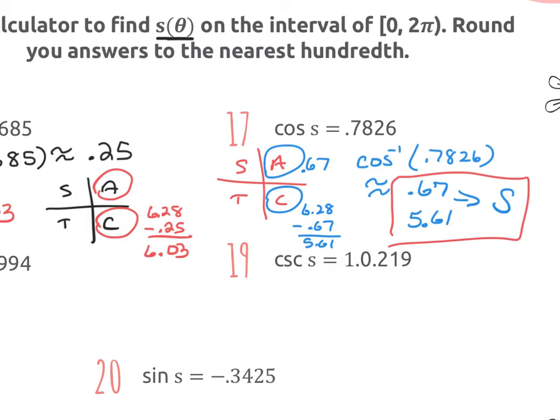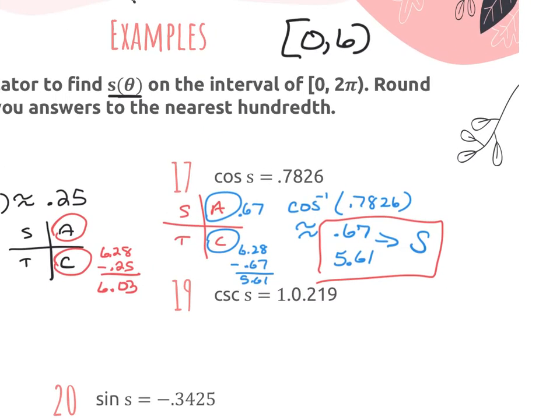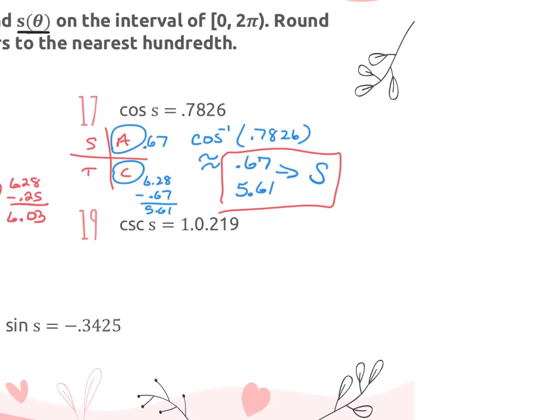Now the next one is cotangent. Yes? So normally when we do the inverse of the trig function, we're talking about angle measures. Are these angle measures? Yes. Okay. And they're in radians. Okay. So again, if you think about it, remember on your quadrants, 1 radian is about here, and